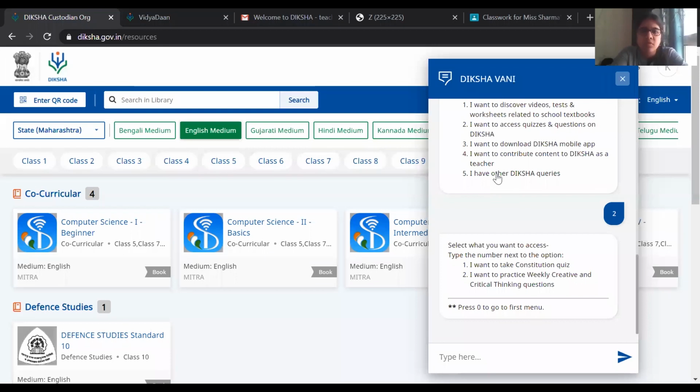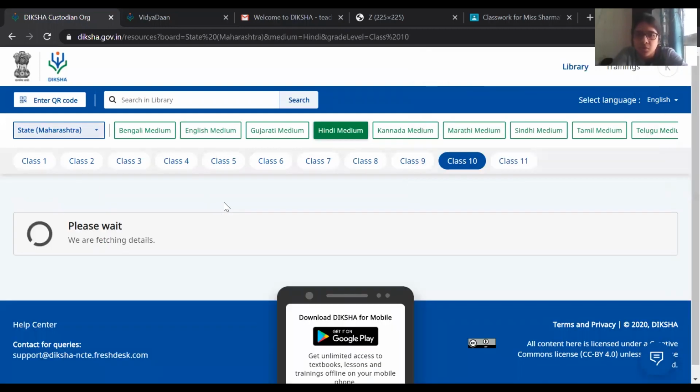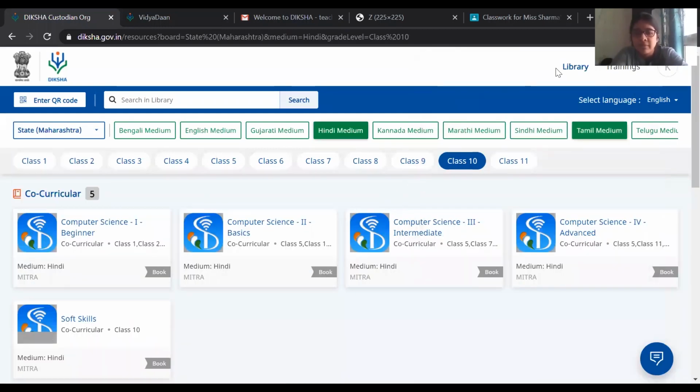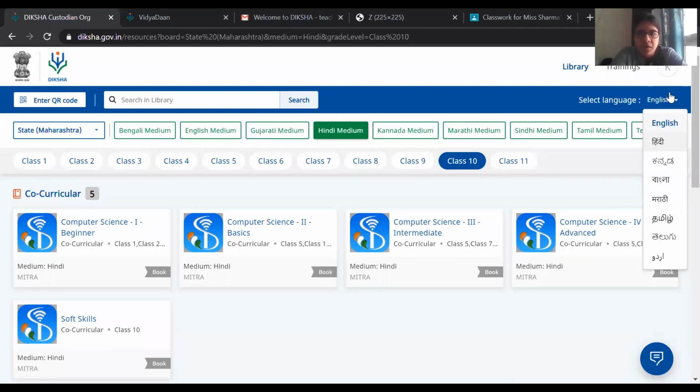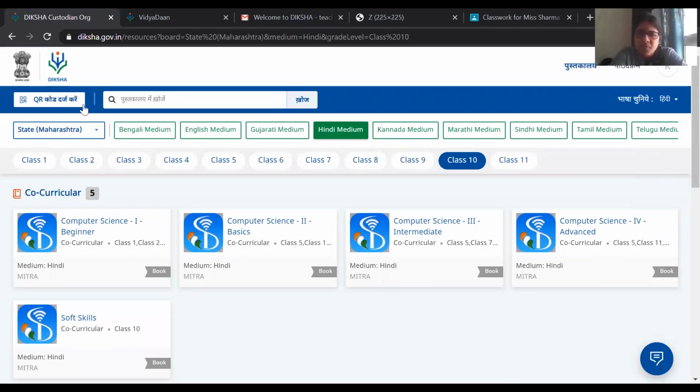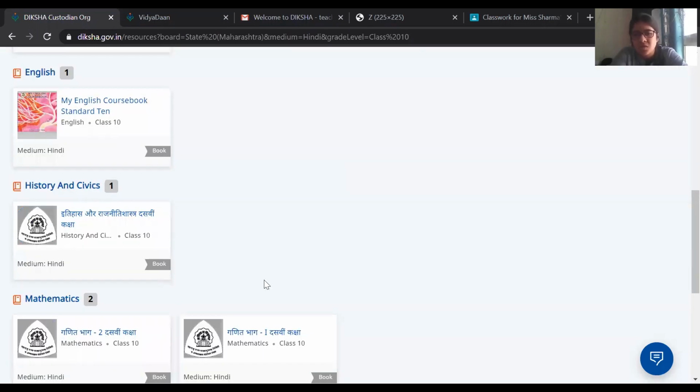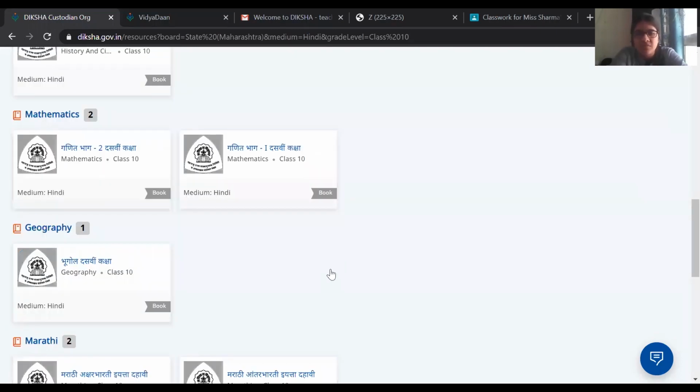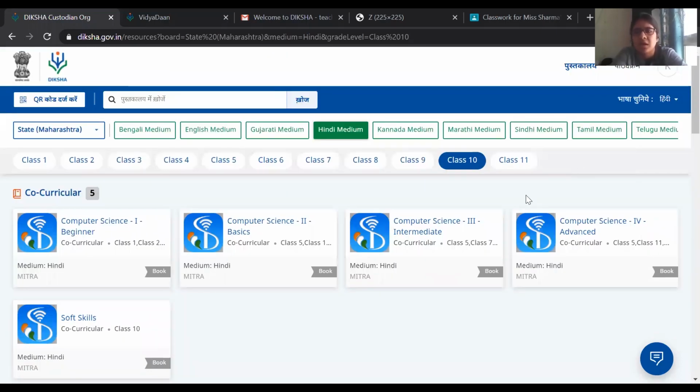So over here, if you want, you can just put the medium to whatever you want. So if you want it in Hindi, you can find Hindi content and you can change the board accordingly. Similarly, one more thing is that you can change the language of the website also if you're not comfortable with it. It doesn't change a lot of things, but still you can try that out. When you make it Hindi, some of the things which become Hindi are the search option, but the names of the content areas will still remain English. As far as they could change, they have changed, but you can definitely try that if Hindi makes you more comfortable.